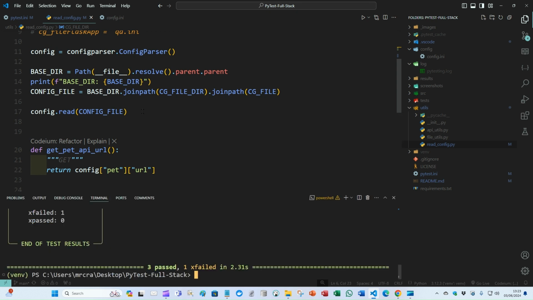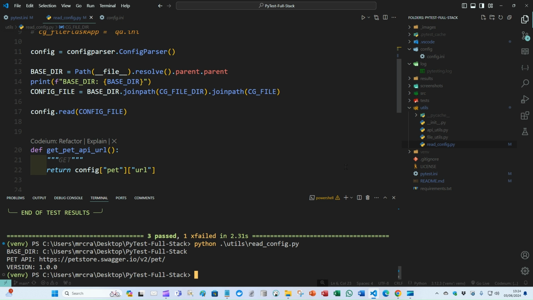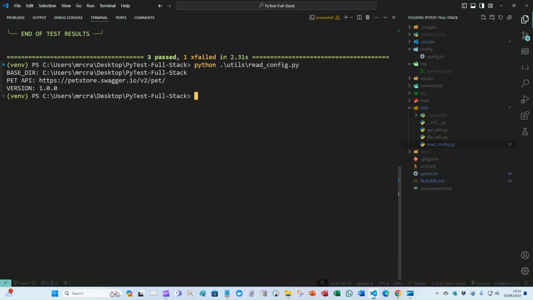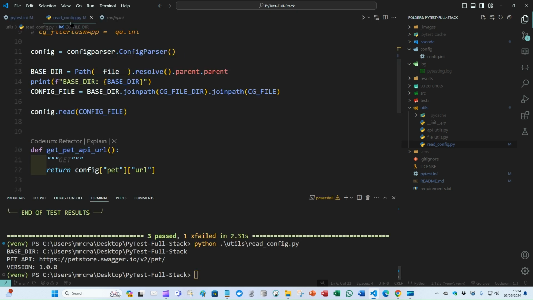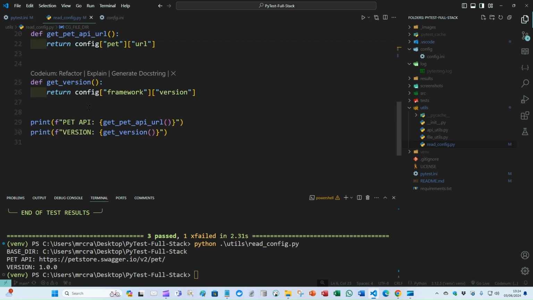What we can do is go to Python utils and read. We run that. We can see we get output the base directory, the pet API. And in the file here, we've just used this. We can actually take this out when we no longer need it, but we can print the pet API and